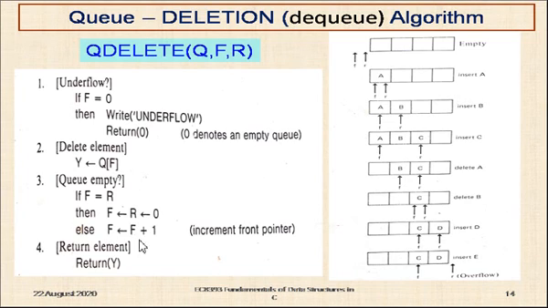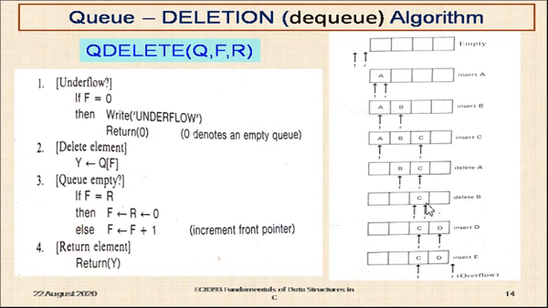Okay. Then return of y. What is y? In y, A is available. Already in y, A was stored, so that already stored value in y is returned back to the calling function. So A is returned back to the calling function, and the pointers are adjusted. The front pointer alone is adjusted here. Since A is removed from the queue, it is pointing now to B, that is the next element. So if you again perform the operation queue delete on the queue in this condition, B will be removed and this pointer will be moved to this one.